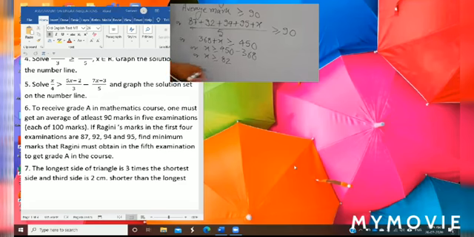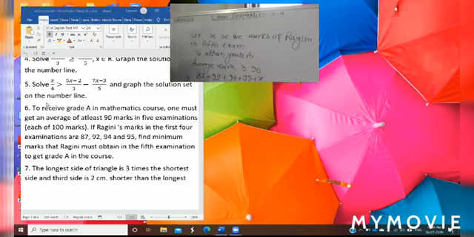So you write, hence minimum marks in 5th exam is equal to 82. You write in this way. Minimum mark in 5th examination is 82. Okay. Understand everyone? Sir, answer is 92. Yeah, answer is 82. 82 is your minimum mark. Yes, sir, 82. Yeah, write it. 82 is your minimum marks.